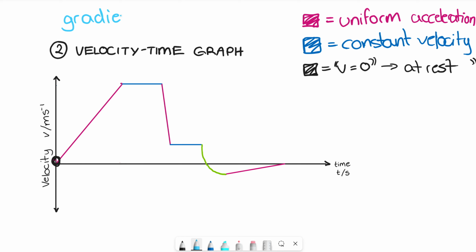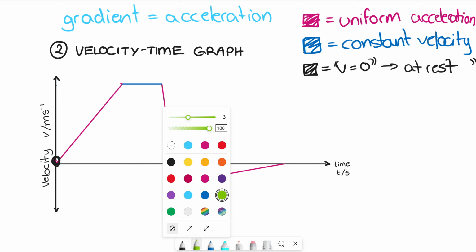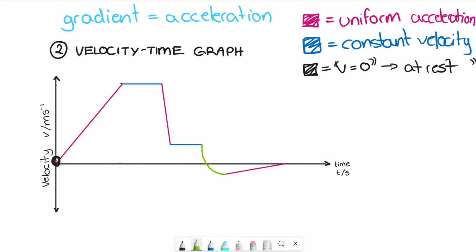Gradient is equal to acceleration. Okay, since our gradient is acceleration, and on the green part the gradient is constantly changing, we have a changing acceleration. You don't need to know what that's called, because it's not part of the course for the IB,